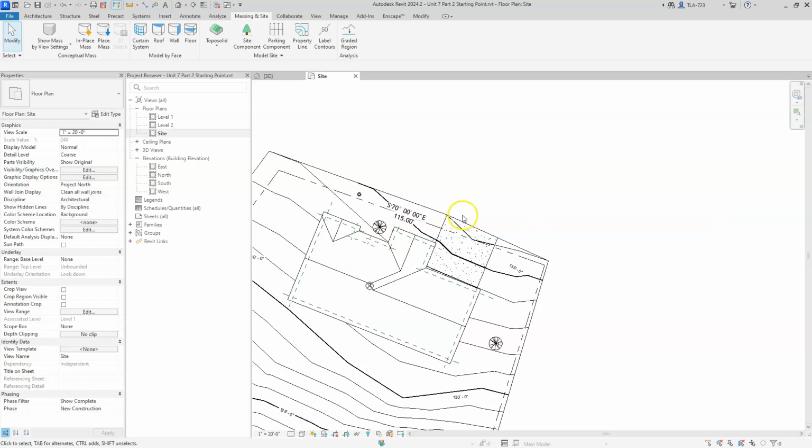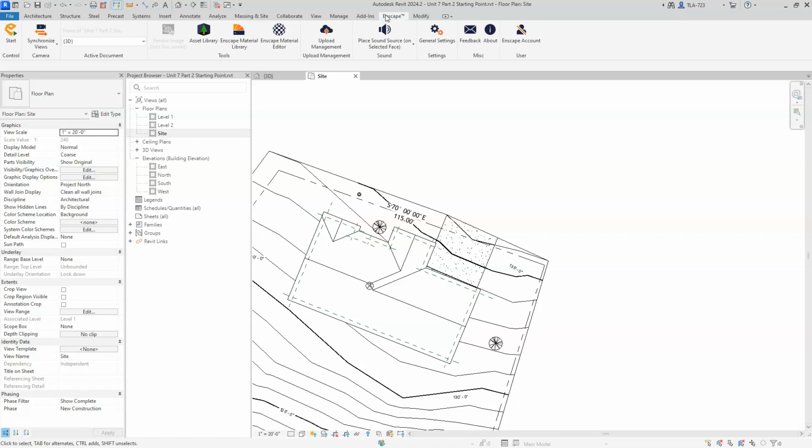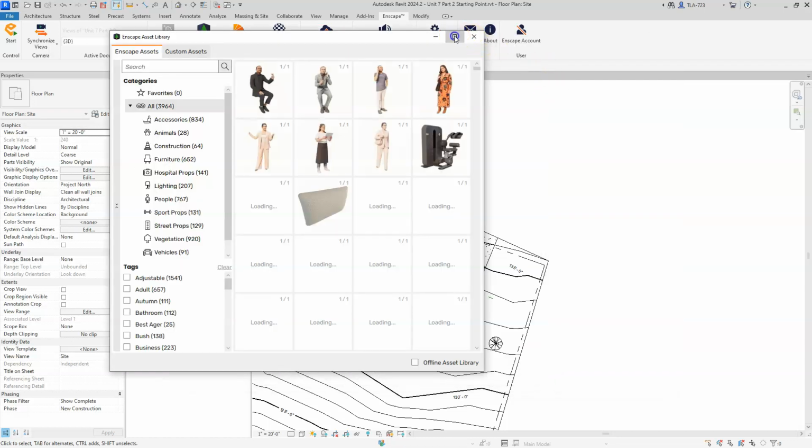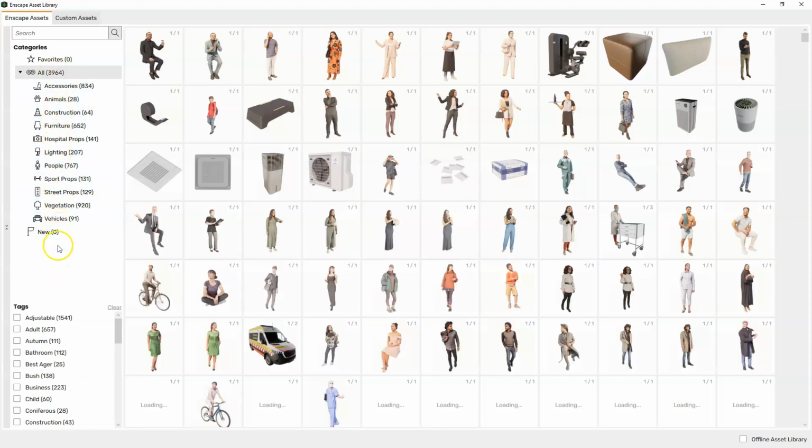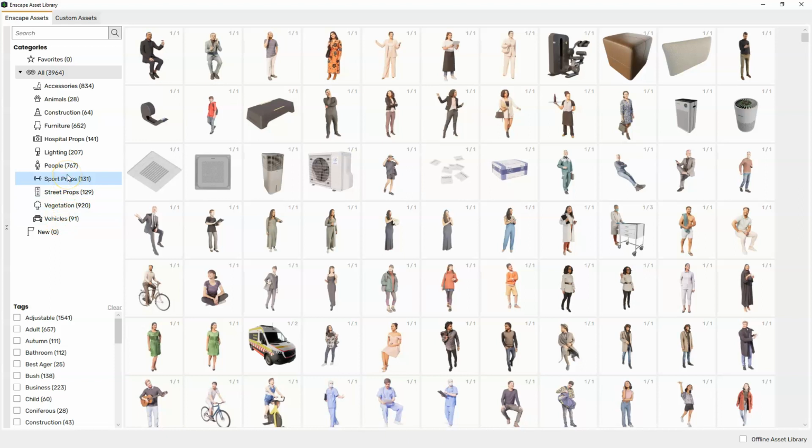A word about Enscape components. Enscape has a fabulous library of components. Since they first came out, their asset library has grown tremendously, and it's all categorized. It's got some great stuff in there. I don't want to take anything away from Enscape. The only thing I would caution you about is that their families do not look right if you don't have Enscape installed. So you can spend hours bringing Enscape props into your model, but you may never see them again